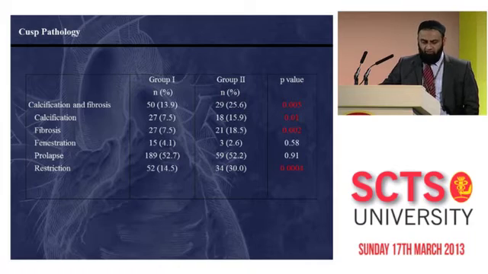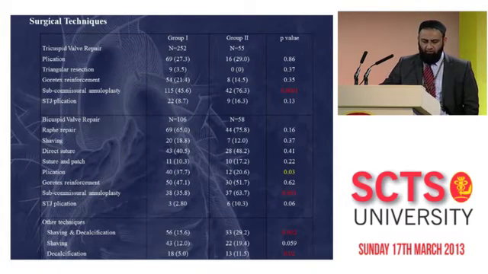So looking at the cusp pathology, it's very interesting that valves which were calcified, fibrosed, and restricted had a higher risk of having a higher peak gradient after aortic valve repair. So again, we've divided into tricuspid and bicuspid valves. Whenever subcommissural annuloplasty was performed in tricuspid as well as bicuspid valves, there seems to be a higher percentage of higher peak gradient. And also in valves where shaving and decalcification was performed, probably signifying the inherent complex valvular disease that is associated with